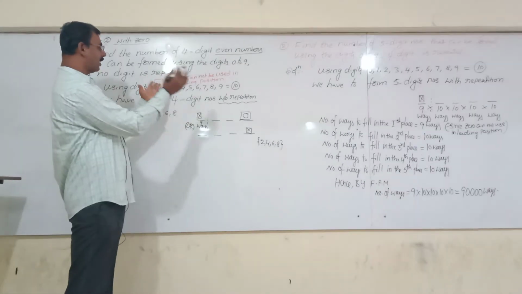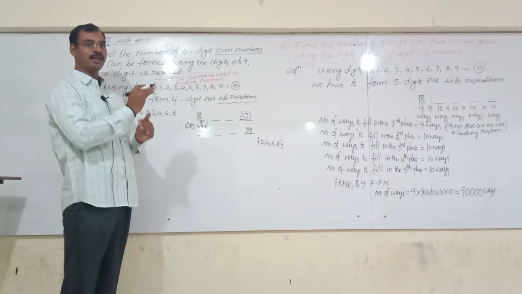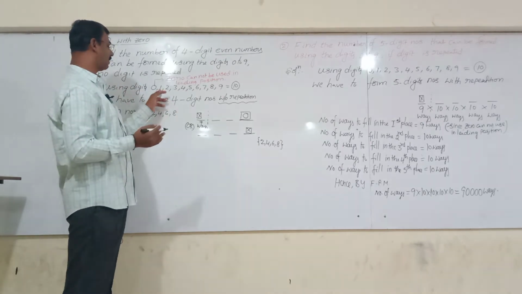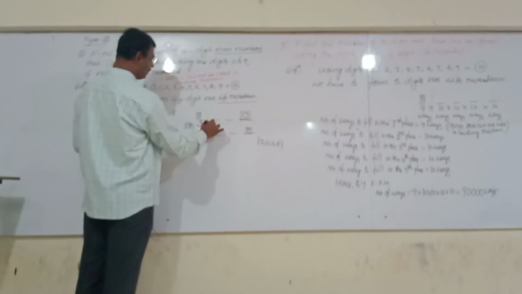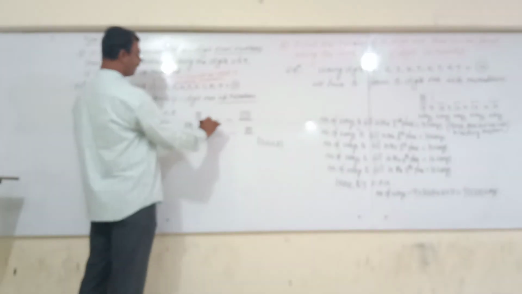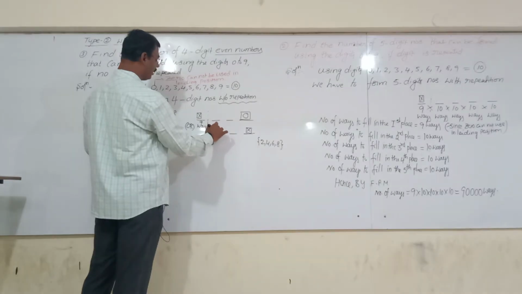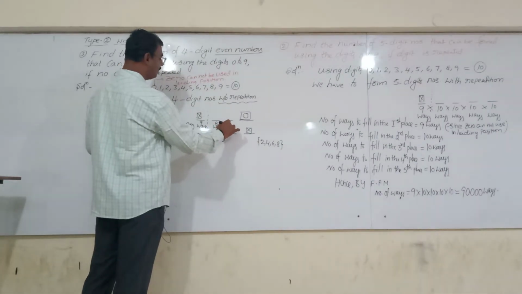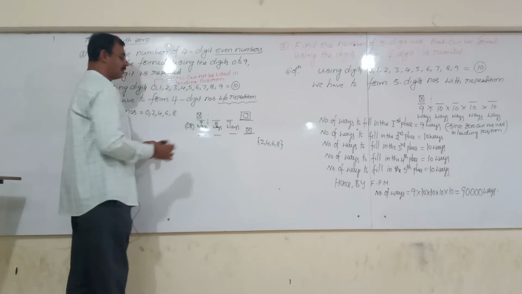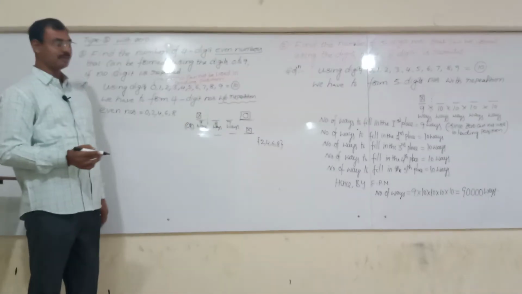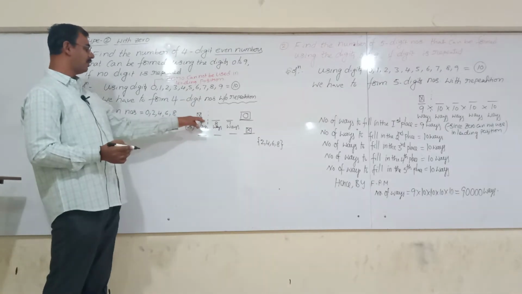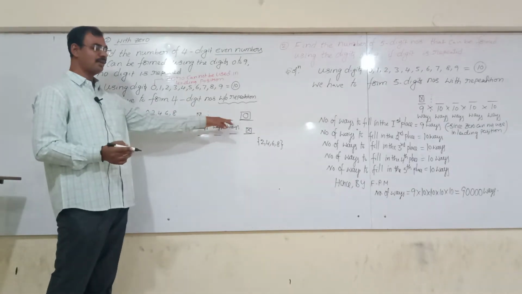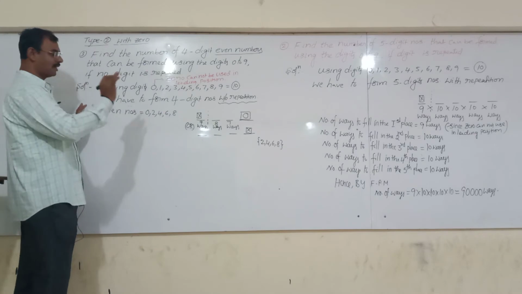Now, how many out of 10 are filled, and how many are left in the rest? 8 digits are there. How many ways could I fill the next position? I do not stop here. I have to fill 4-digit numbers. So 8 ways. This can be filled in 8 ways. This can be filled in 7 ways. So the total number of ways calculated here: if 0 is in the unit place, the number of ways is equal to 9 into 8 into 7. So that is the first condition.